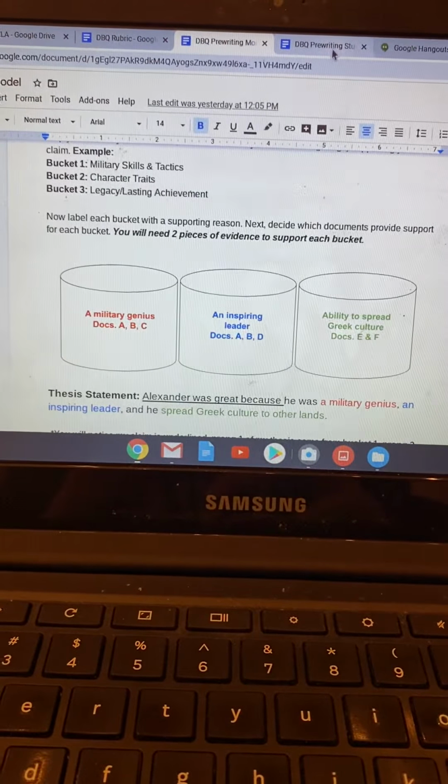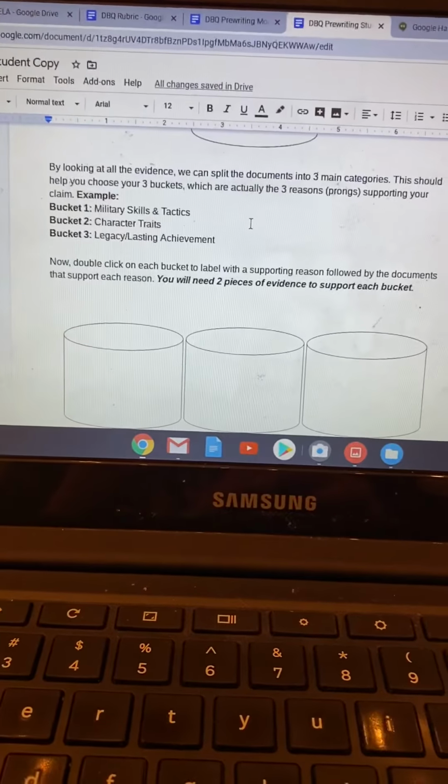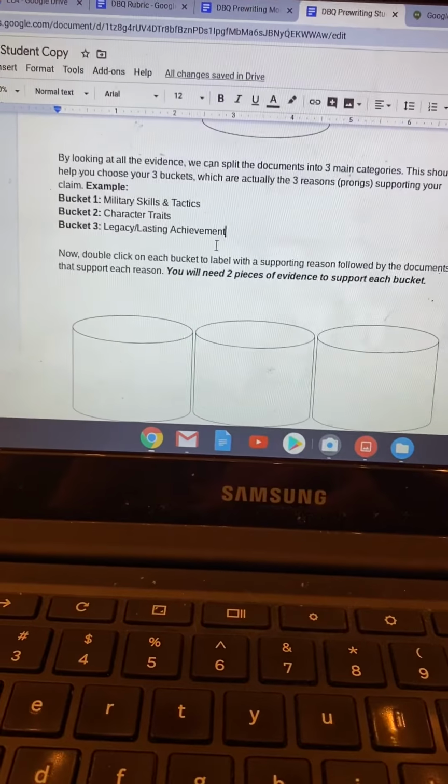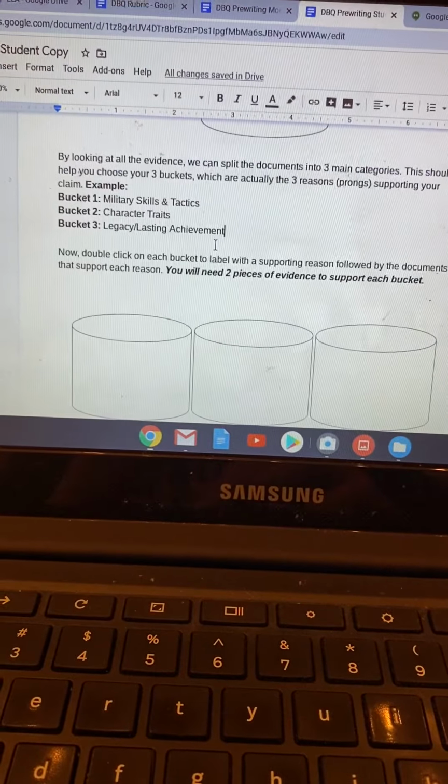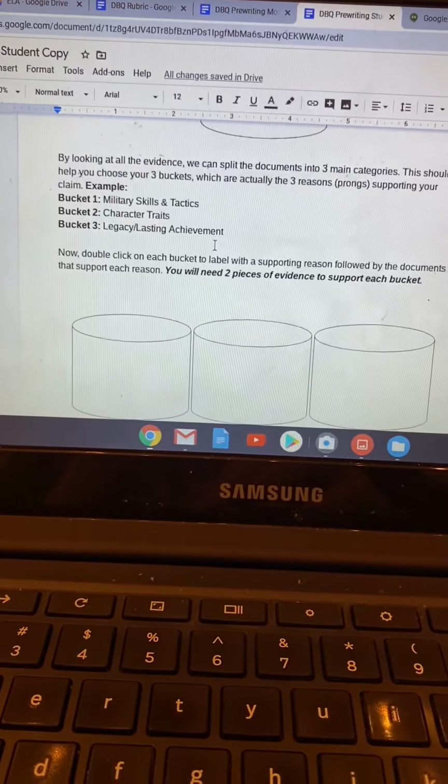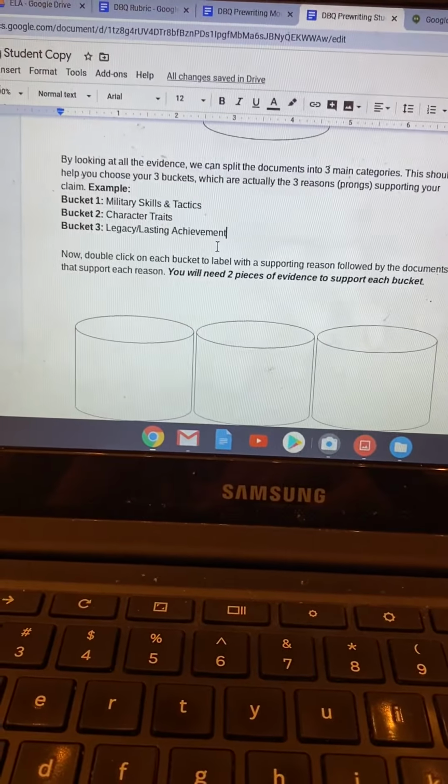Well, let's go back to yours. You might be saying that Alexander was not great. So you want to think about that in terms of military skills and tactics first. Okay, we could argue, according to our analysis sheets, that as a military leader, he was a tyrant. He was really hungry for conquering. He was conquering some places for conquering's sake. There was actually a document in which we said that. There was no reason for him to attack certain places, but he did it anyway. Many times he caused unnecessary bloodshed.